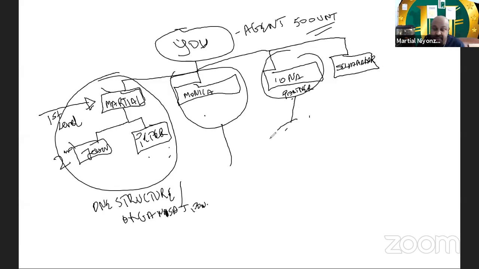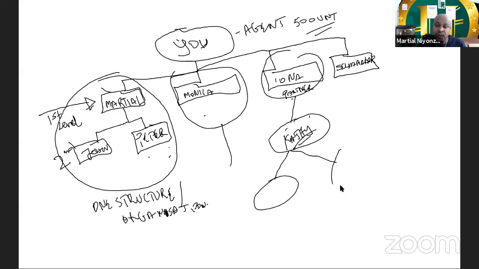Okay? Maybe Iona has referred Katie. Only one person. Because she has referred only one person, Iona will still be a partner. She won't move to agent because she has referred only one person. All right. So what you need, and this person can now refer